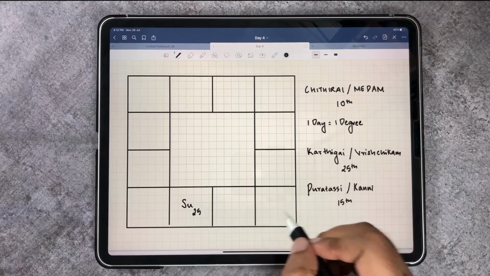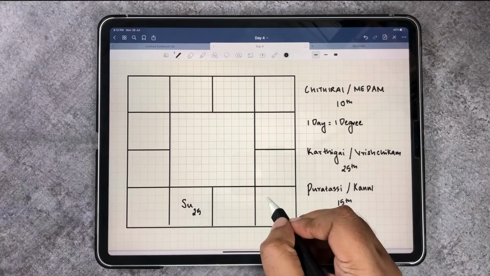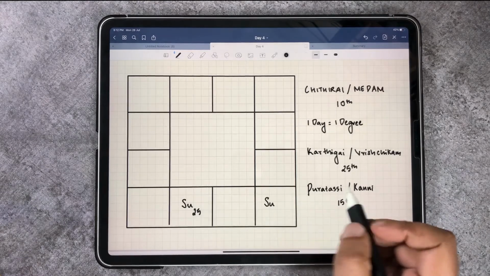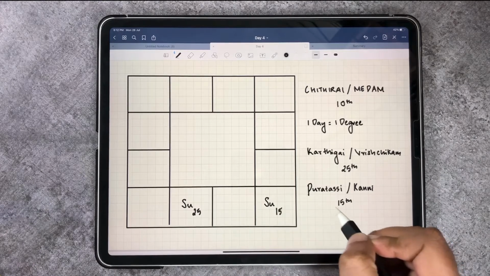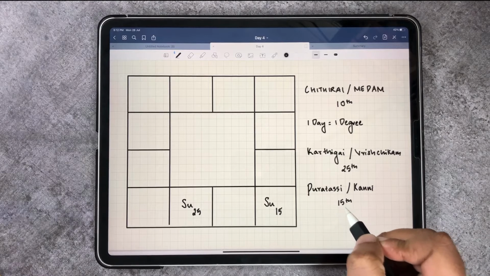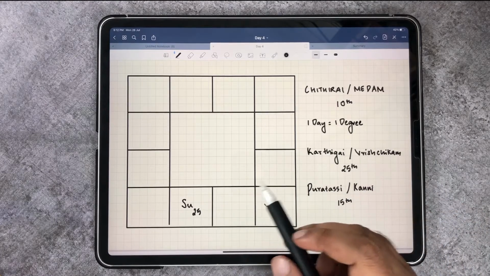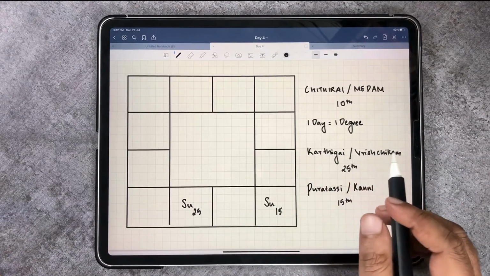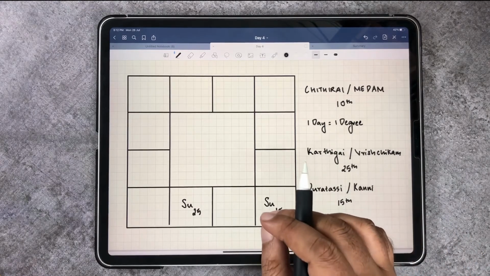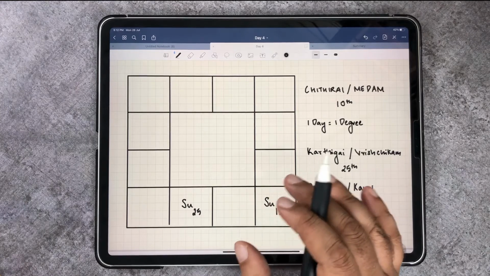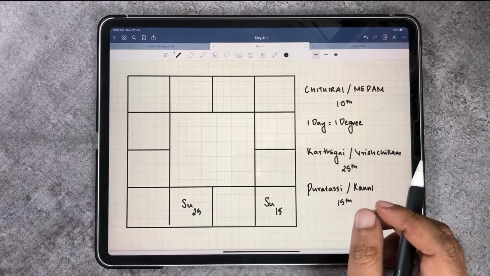So where would the sun be in? The sun would be in Kanya Rashi. What degree would the sun be in? The sun would be at a 15 degree. Why? Because it is the 15th of the month, right? By the way, all of this is just approximation. We are using it to find the approximate degree of the sun because that is the base of all the predictions that you're going to make in the future.